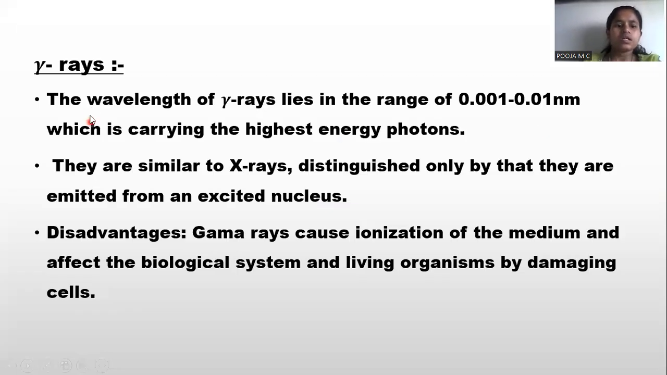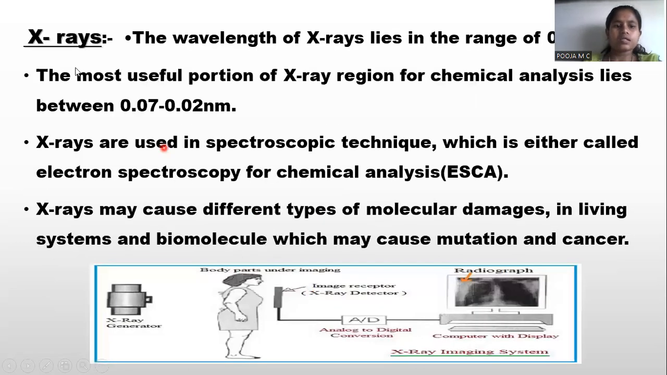Next, gamma rays. The wavelength of gamma rays lies in the range of 0.001 to 0.01 nanometer, carrying the highest energy photons. They are similar to X-rays, distinguished only in that they are emitted from an excited nucleus. The disadvantages of gamma rays: they cause ionization of the medium and affect biological systems and living organisms by damaging cells. Next, X-rays. The wavelength of X-rays lies in the range of